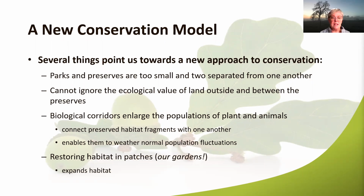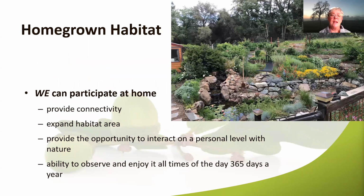statewide through the national programs to provide wildlife corridors that helps expand on those, but it's helping by restoring habitat in patches or gardens. We can also work to help expand this so that it's not just government or agencies or organizations doing this work. We can all be involved on an individual basis in this as well. And I like to refer to this as homegrown habitat. By working with our own gardens, we can provide connectivity, we can provide the habitat area, and we can also interact on a personal level with it and enjoy it, like the pictures I showed earlier, and enjoy it